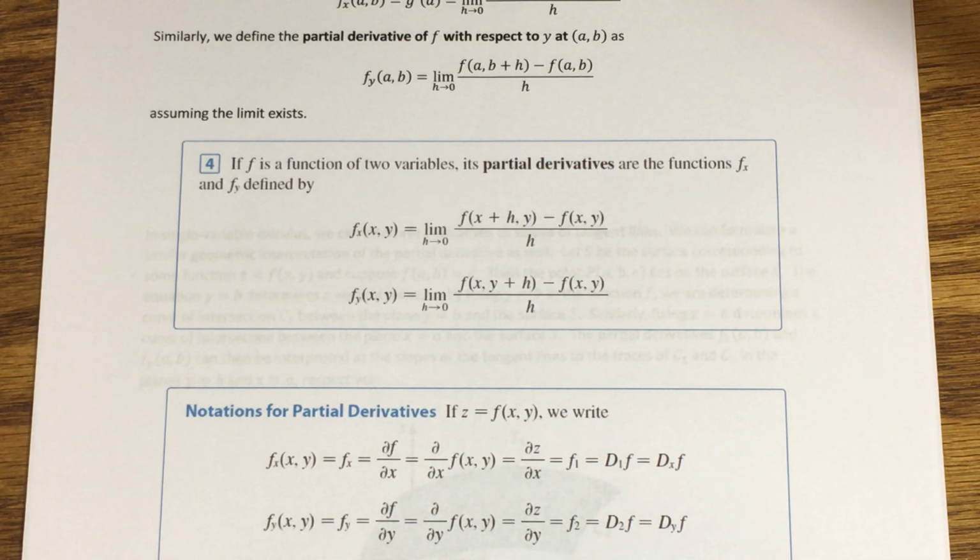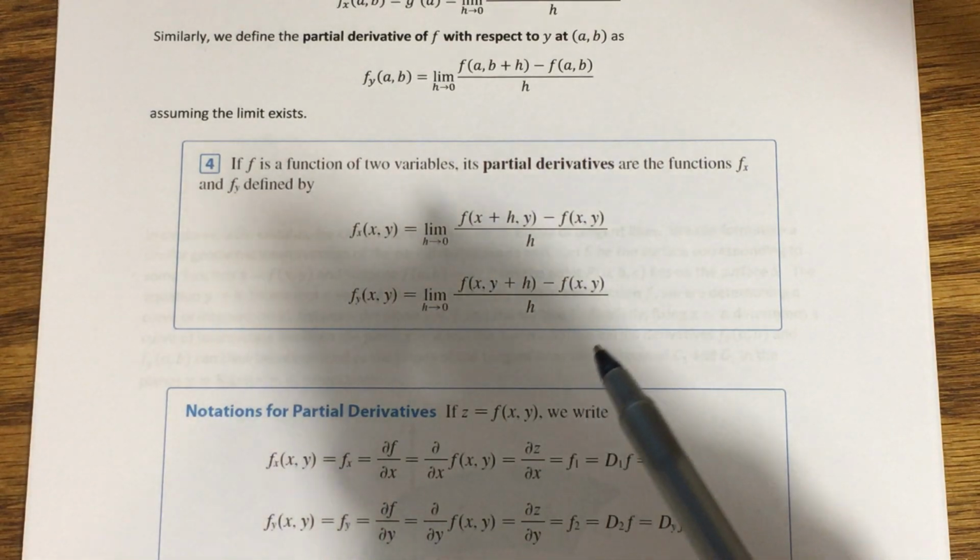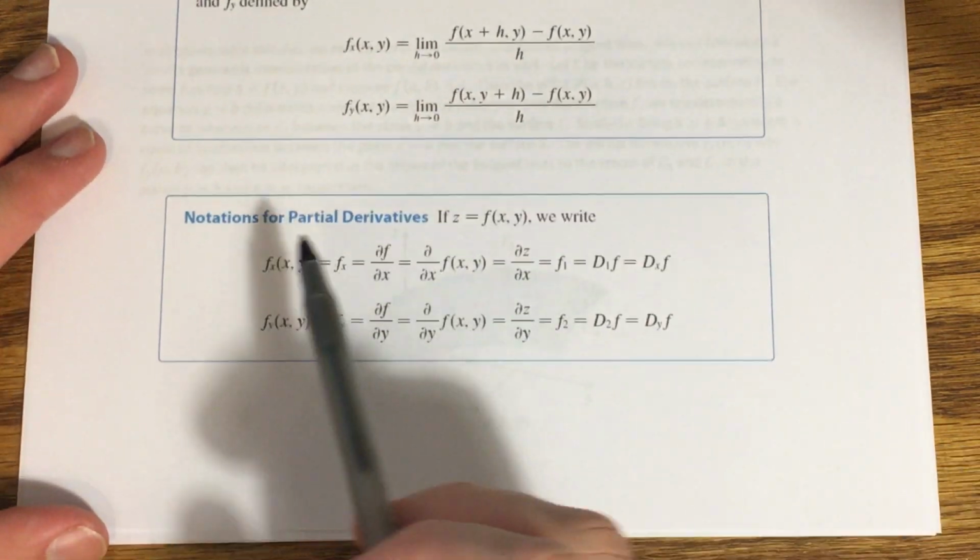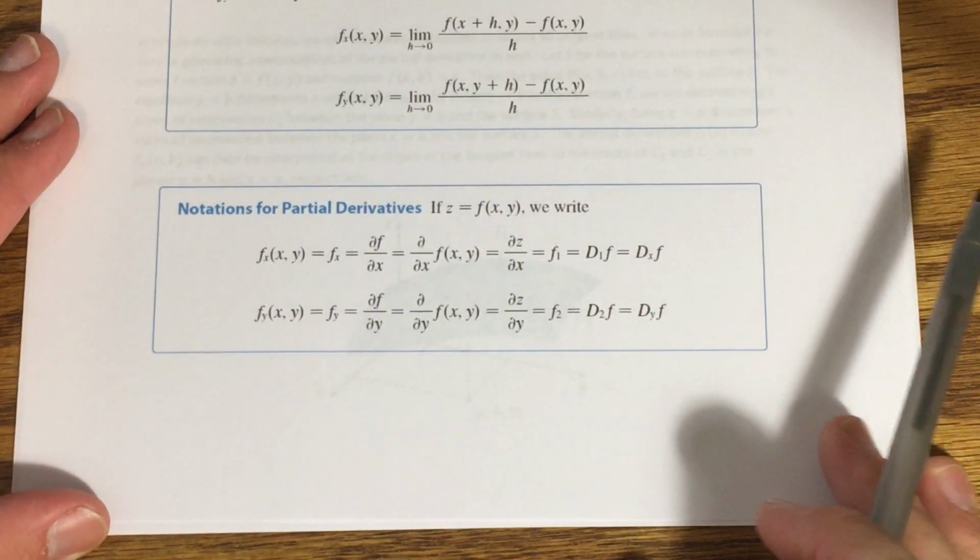And we're really not going to bother much with that here because it turns out that evaluating a partial derivative is essentially as easy and done in the same way as evaluating a single variable function's derivative, which we'll see in the next example. Before I do that, though, I want to talk over some notations that we use for